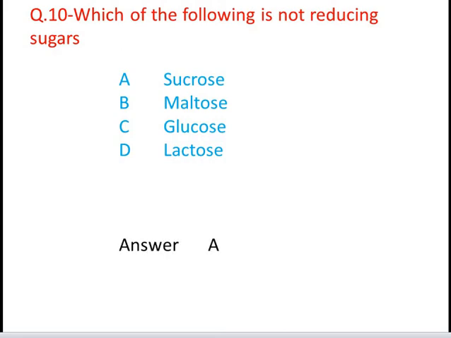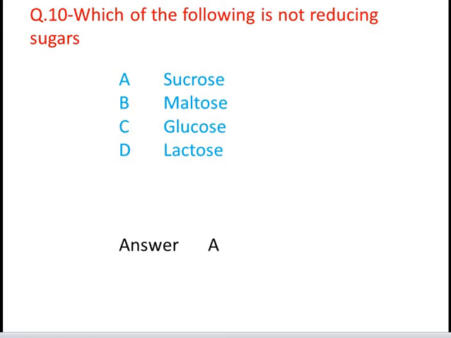Reducing sugars are those sugars which have the capability to reduce metal ions like copper or iron, and these sugars have a free carbonyl group which is present at the anomeric carbon. So all the monosaccharides are reducing sugars, whereas maltose and lactose are disaccharides which are also reducing sugars. But in the case of sucrose, the two carbonyl carbons of the two monosaccharides bind with each other, and that's why it